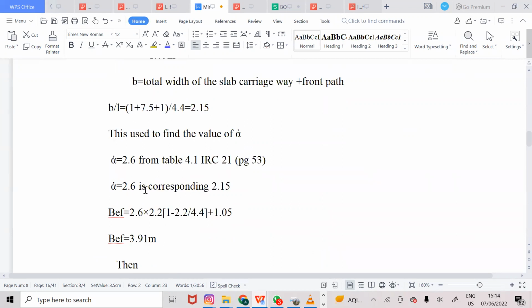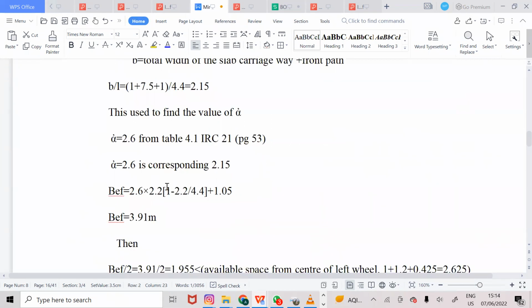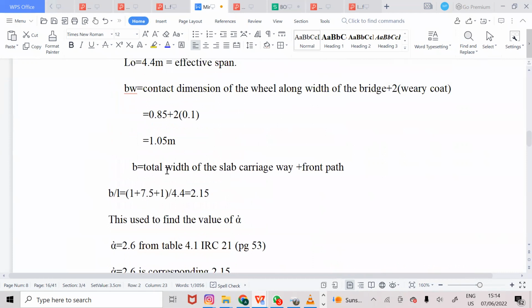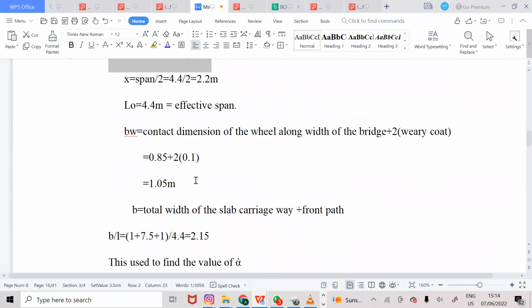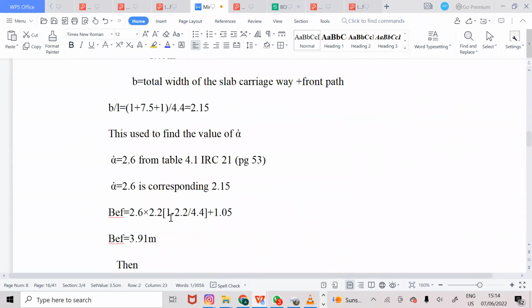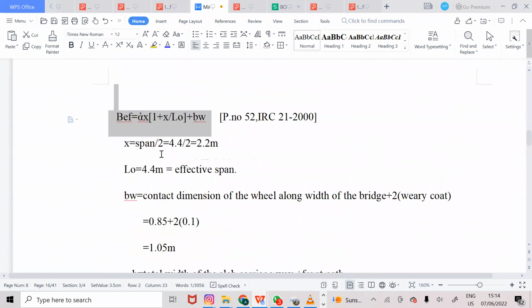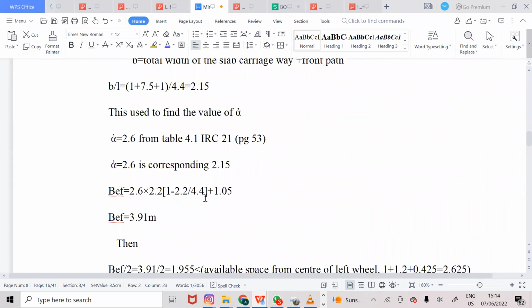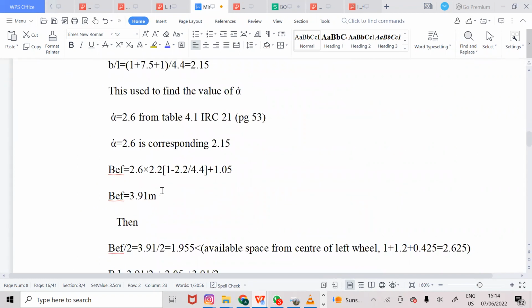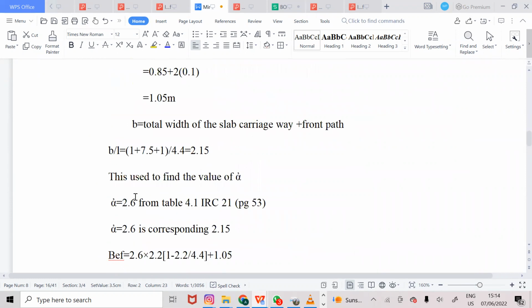I took 2.6. As you can see, BF is equal to 2.6 times 2.2. I've already explained how to get this value. 2.2 times span over 2, 2.2, 1 minus 2.2, those things I've already calculated previously. So after that, you will get